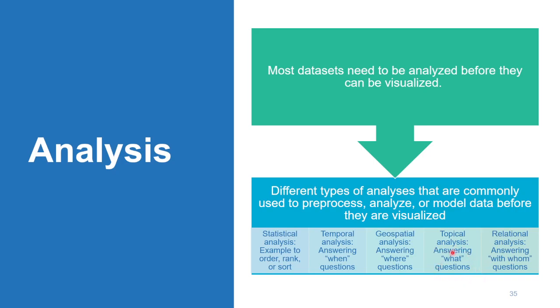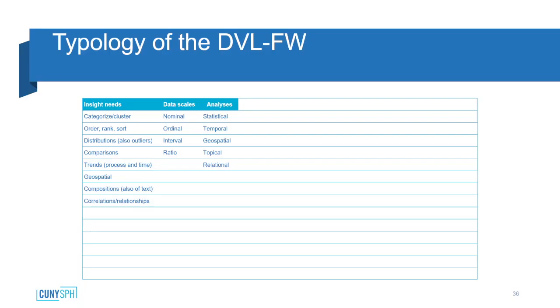But if the question is about where, we need to incorporate geospatial analysis. Now, if we want to answer what, maybe we need a topical analysis or use nominal and ordinal categories and classify things. And if we want to answer questions with whom or what are the relationships, then we need to do some kind of relationship analysis. This is a really high level of thinking, but as you see, when, where, what, whom, and how much are going to be those dimensions. Then we have statistical, temporal, geospatial, topical, or relationship analysis that we can conduct, or the type of questions that we can